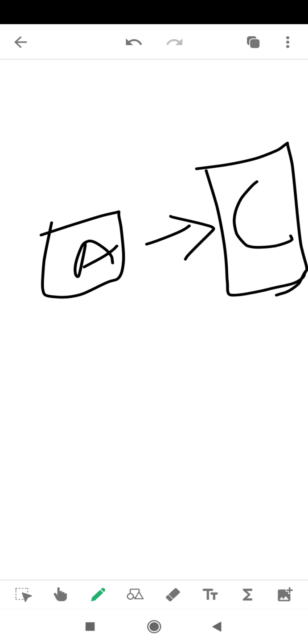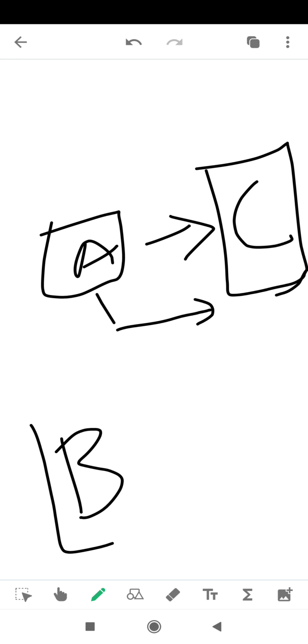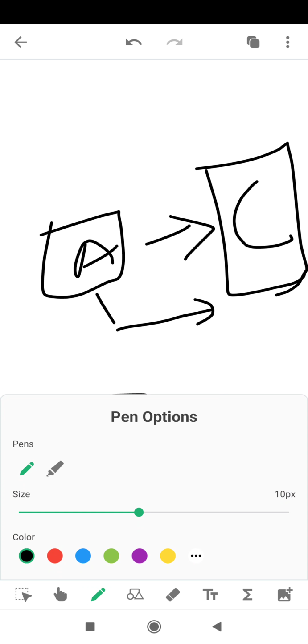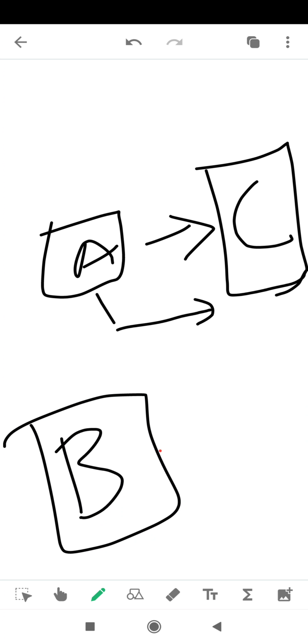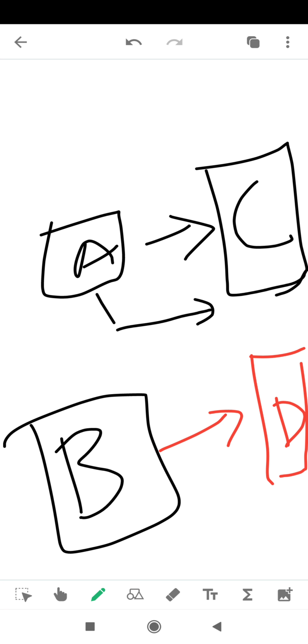You want to move folder A from drive C to folder B, which is in drive D. So this is our drive D, and you want to move folder A there.